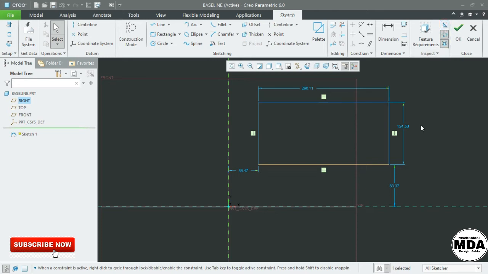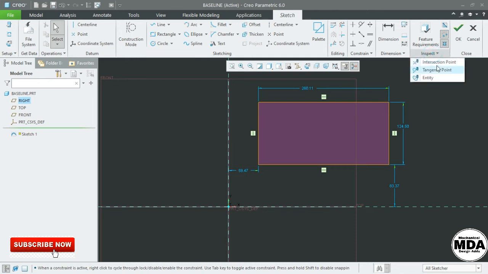Now you can see that the geometry is highlighted. In that portion, from here to here, we need to check. How can we check? Just by deleting the geometry. Select here and delete. Now you can see that it is a complete closed loop.